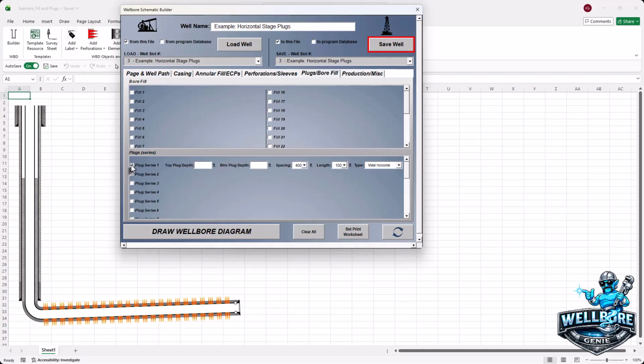First, we'll check the Plug Series 1 box, and in the top plug depth, we'll enter 10,750 feet. Then we'll enter the bottom plug depth, 19,450 feet. Next, we'll enter the spacing between the plugs of 400 feet, and the plug length, we'll bump that